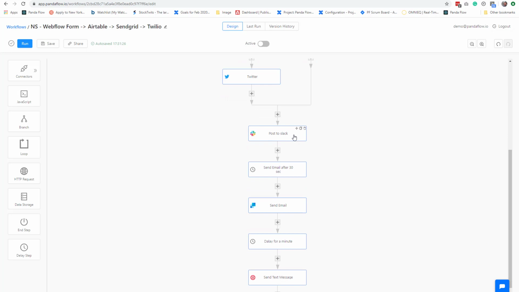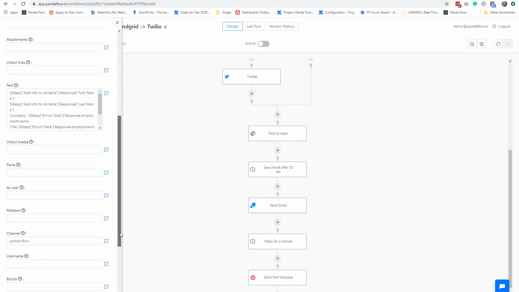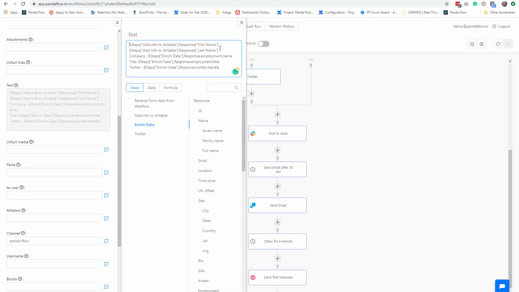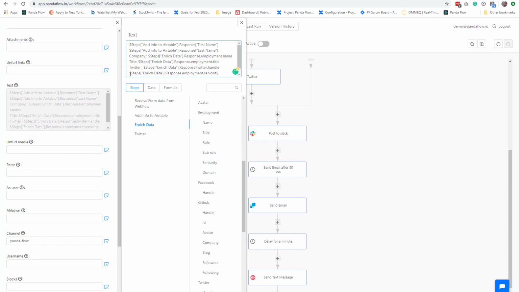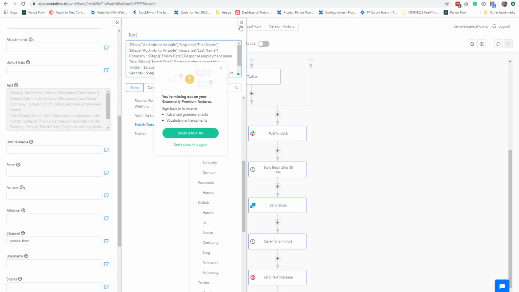We also want to post that into our internal dashboard of who's just signed up. We want to see the first name, last name, email, and additionally, we want to see the title, company, the Twitter handle, and then maybe additional fields. So let's maybe add another field called seniority. In this case, we just look for a field here and then basically add that field. So I'm going to add this here. Once we have that,